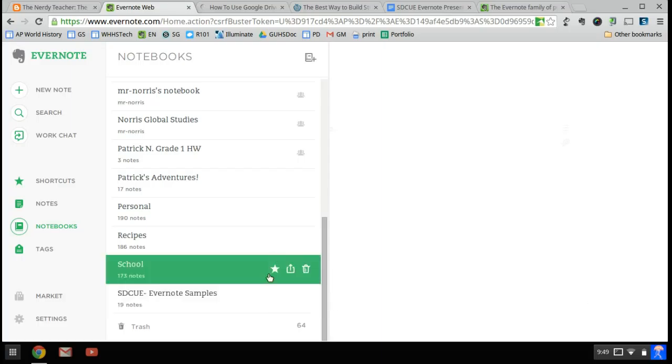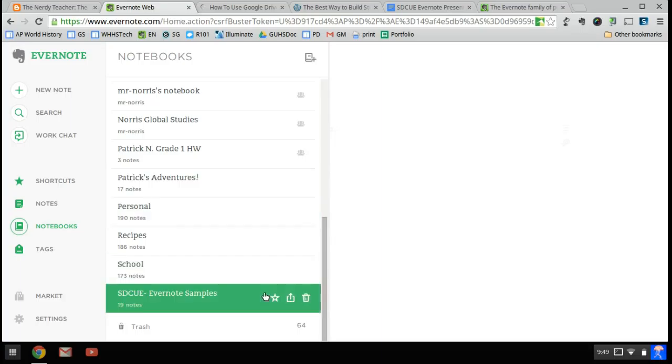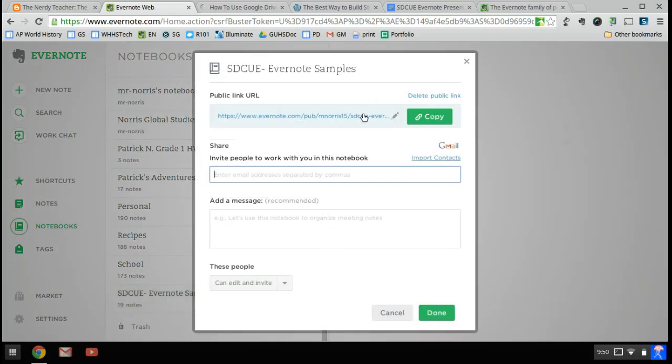So what I'm going to do here is I've logged in. I'm in my notebooks right now. See, these are the various notebooks that I have. And what I could do is click this little share button. And what will happen is I'll get a screen and there'll be a public link URL. What I can do then is just go ahead and copy that link and I could paste it into a website or whatever else with the understanding that anything that goes in that notebook, people could click on that link